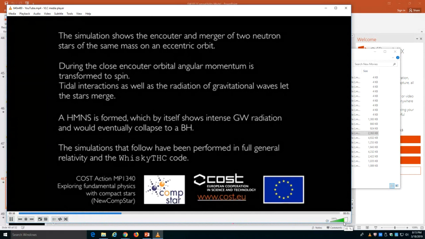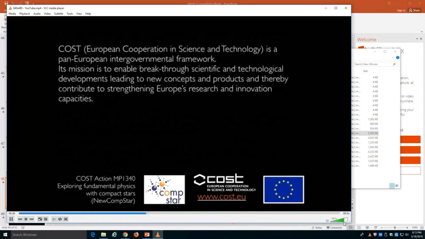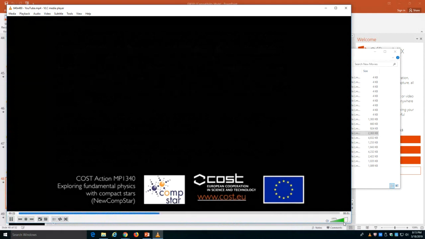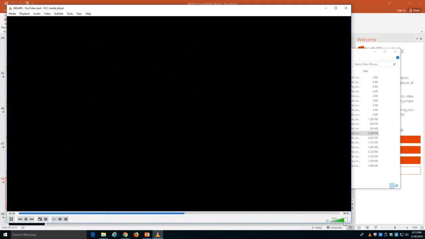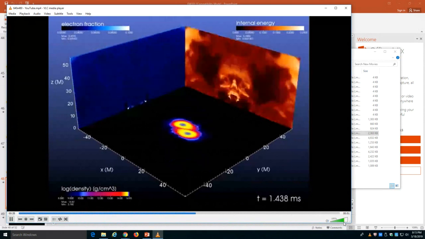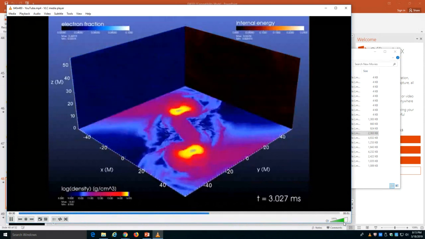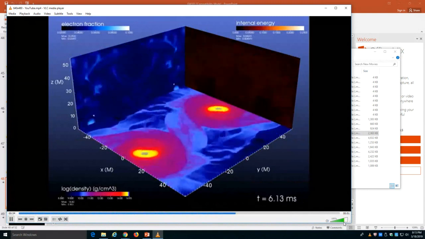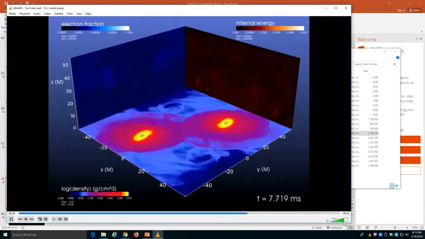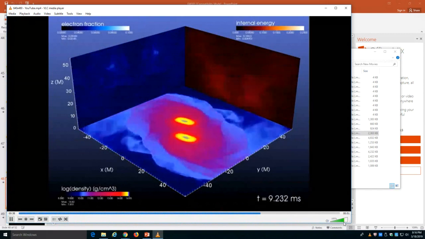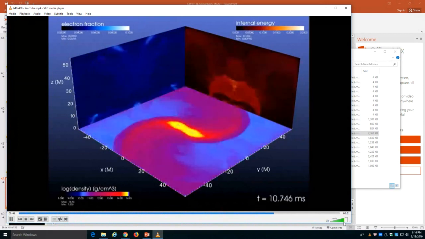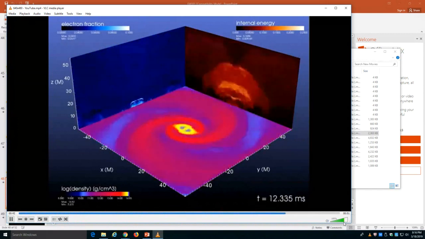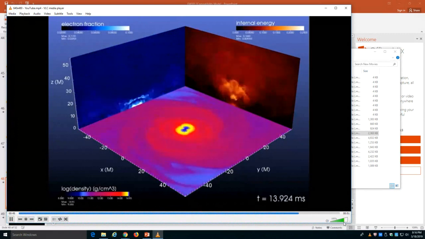And so you can see that there's simulations. There's a lot of these out there, where some of them are black hole neutron star and some are neutron star neutron star. And you can see here the two neutron stars, they come together and this one is interesting because you can see they form these bars. So they're forming kind of oblong shaped neutron stars. And this is emitting a lot of gravitational waves.